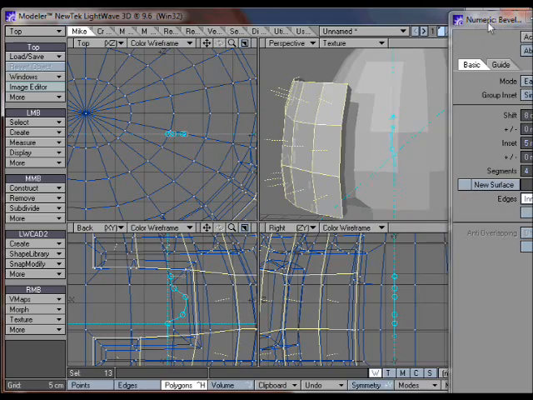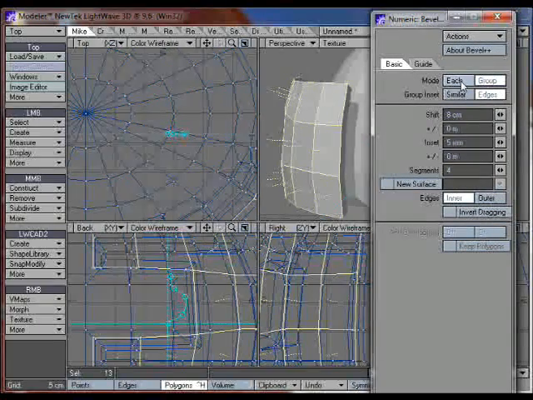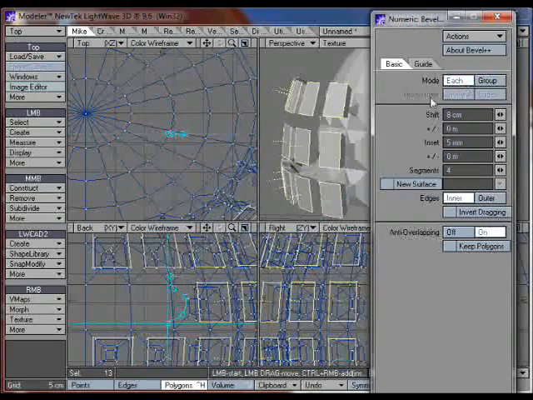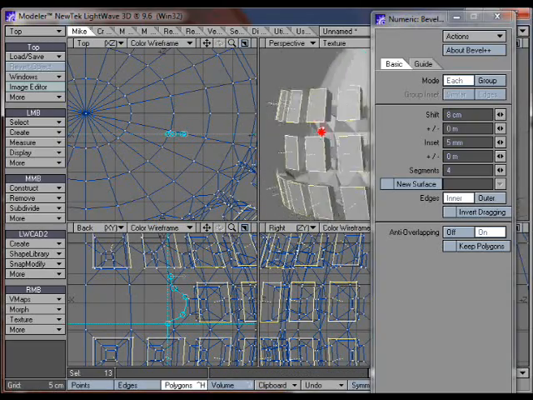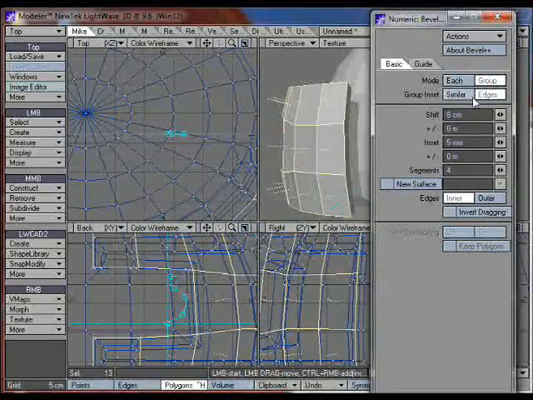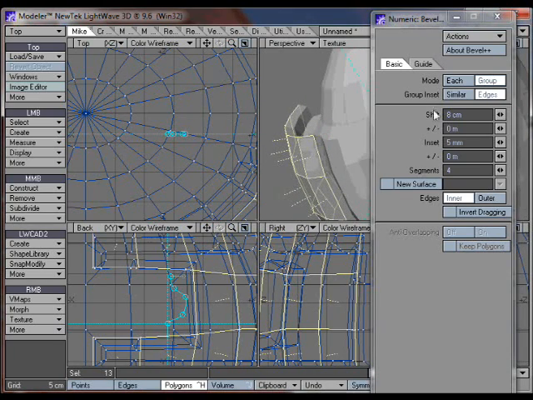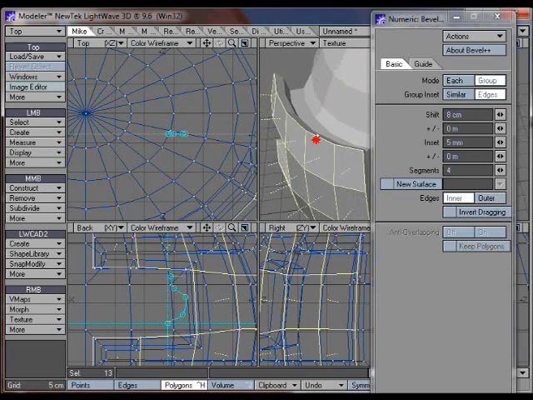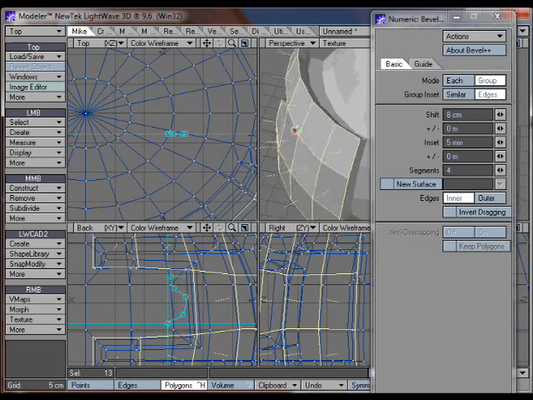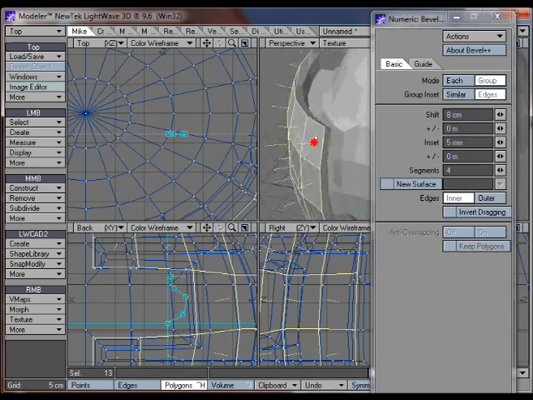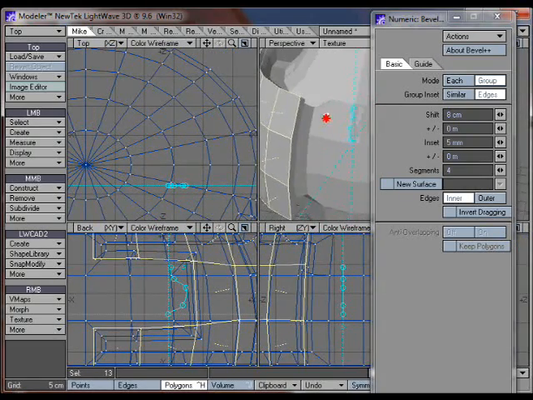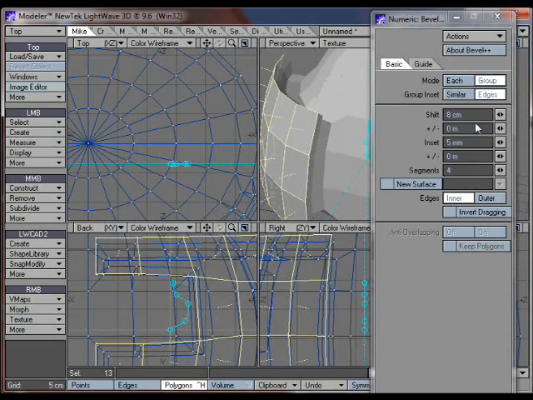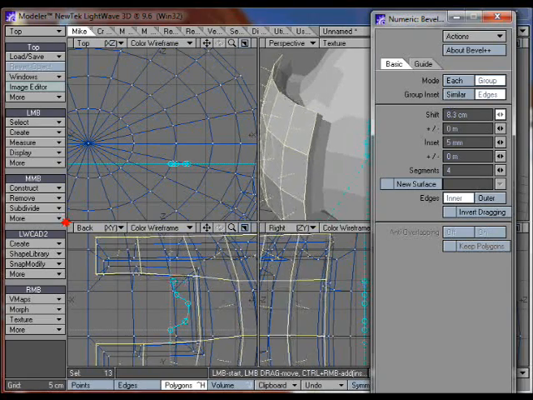You can have it set to each or group, so if you switch to each you can see each poly is individually beveled. If you got it to group you can choose between two different group insets, similar, which is kind of more like a smooth shift in how it works, and edges, which is probably the more useful of the two, I would have said, because it goes diagonally in from the edge, so it tends to give more usable results. You've got your shift for the last one,